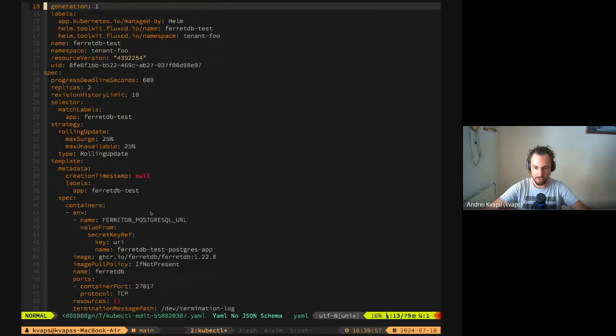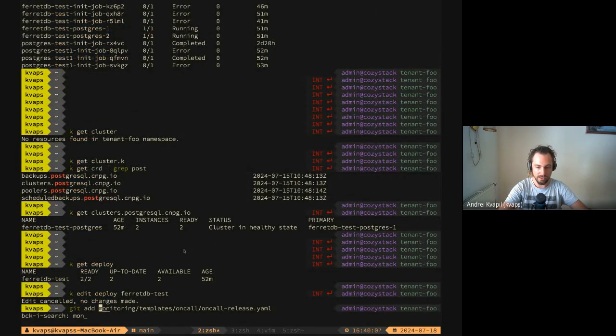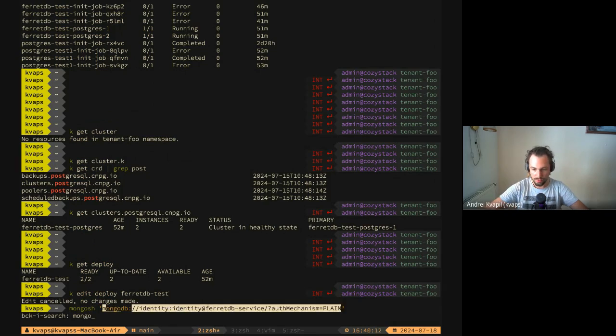And it uses Postgres as the backend. So it is a very simple stateless thing, which is storing data in Postgres, and you can connect to it using mongosh this way, providing login, password, then the service